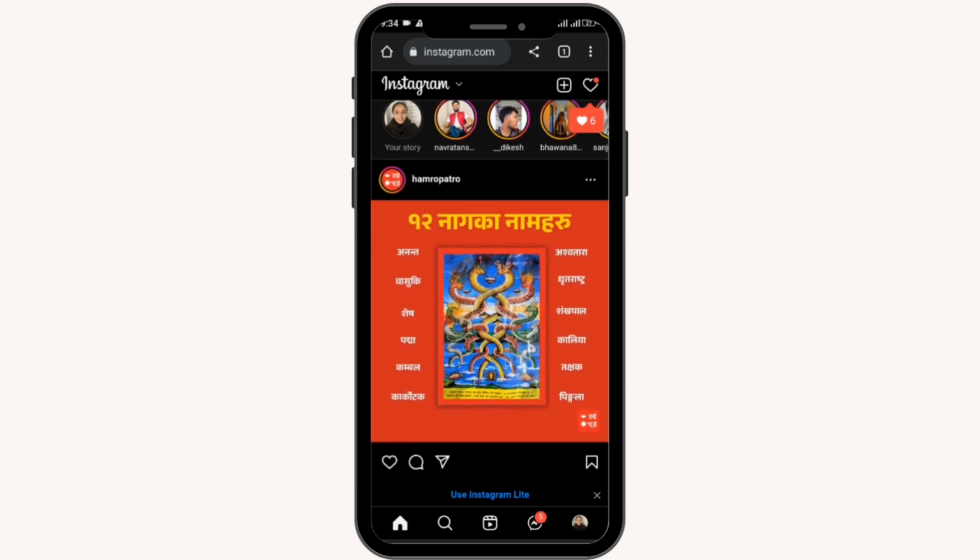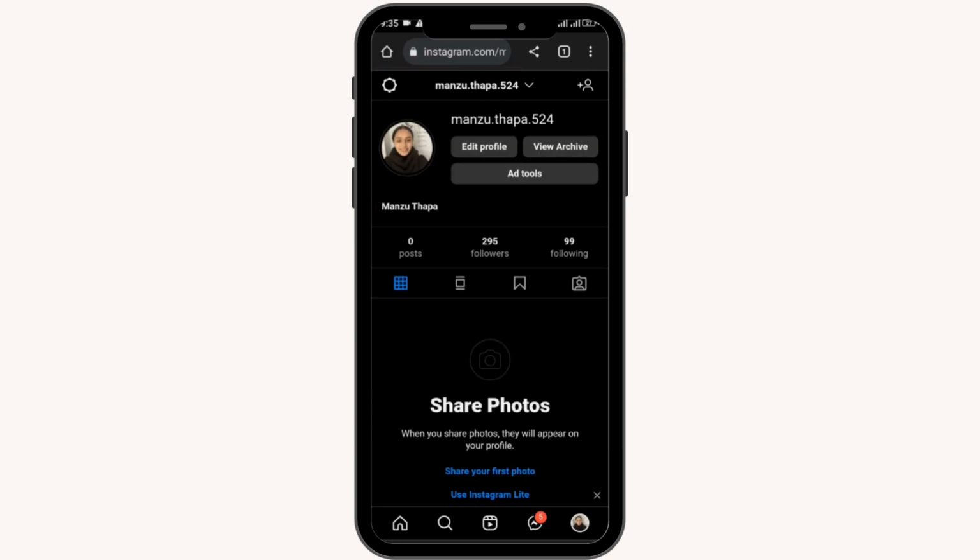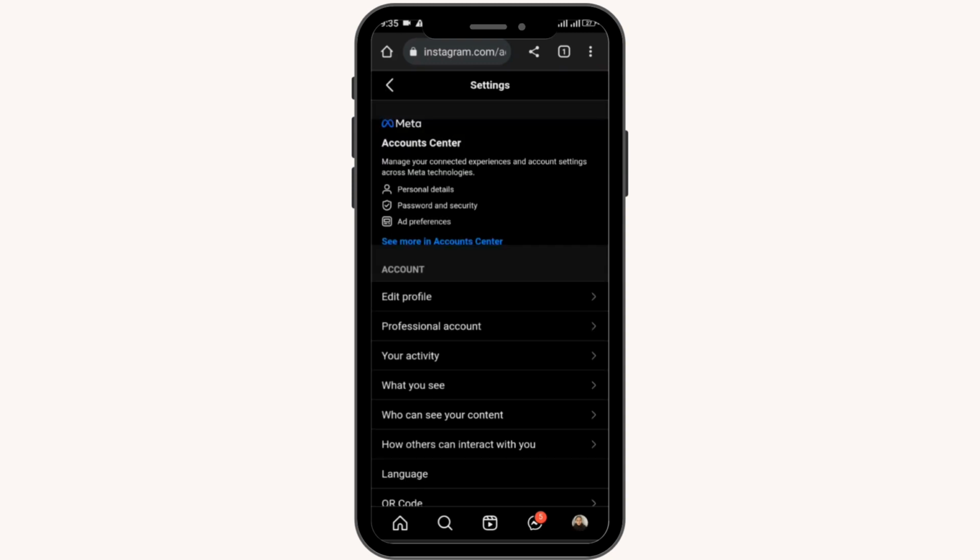You can also enter your credentials and log into your account, and after that you just have to tap over your profile at the right bottom corner, and over here simply tap on the settings option at the left upper corner, where you'll be opened up with this interface. So here you have to tap over the account center, or you can also tap over the see more in account center option with blue color,